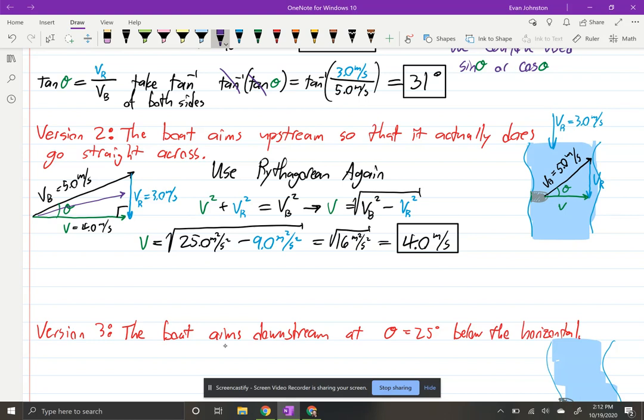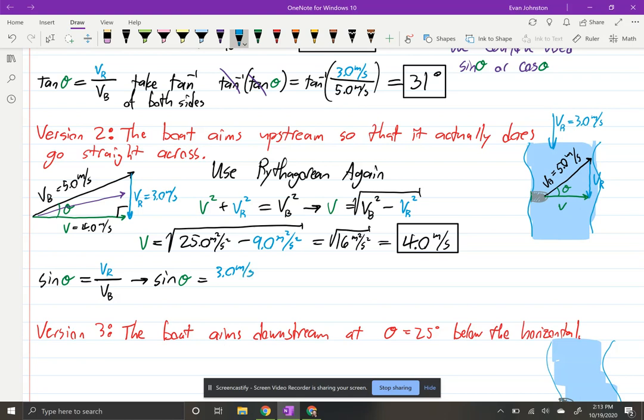Now, we didn't even need to use or know what the green vector was then. We could have done the Pythagorean theorem second. And so if that didn't make sense, I'll show this. So that means then we can use sine of our angle is equal to, and we have the speed of the river over the speed of the boat. And so again, we're going to have to use this inverse thing, and I'm just going to write this a little differently to mix it up. Maybe one of these makes a little more sense to you. So I'd say then that sine of our angle is equal to